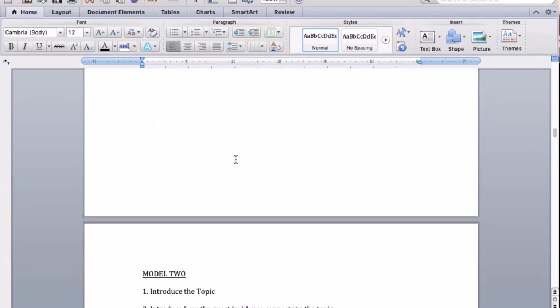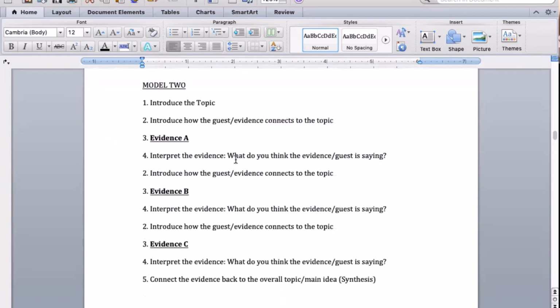The first one is this. You can make a body paragraph with lots of different pieces of evidence from different sources. If you've ever done this before, bringing lots of different sources into one body paragraph, it is really easy for it to start feeling disorganized, chaotic, and even really hard to write. But if you have that introing and outroing of a guest, introing and outroing of evidence, here's what